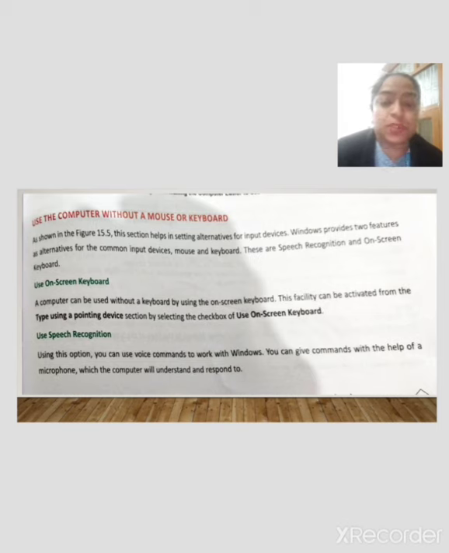Using this option, you can use voice commands to work with Windows. Means if you are not able to read in a proper way, then you will get the notification by audio. You can give commands with the help of a microphone, and the computer will understand and respond to you.